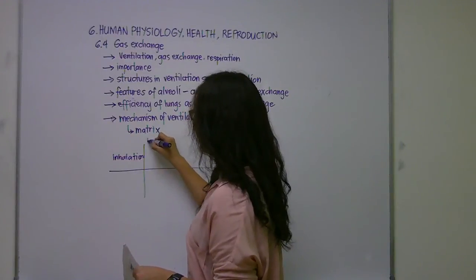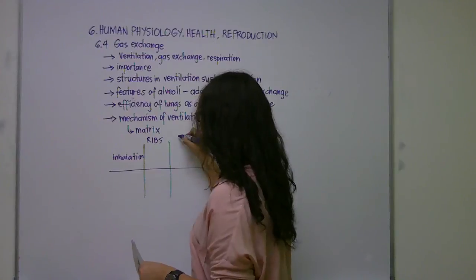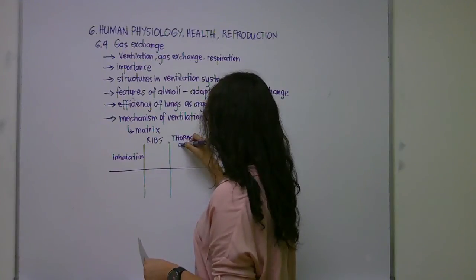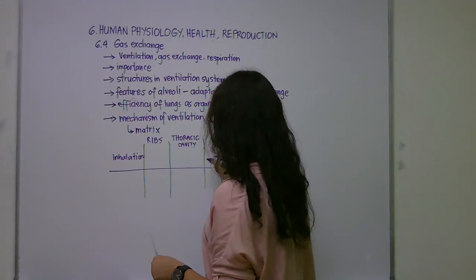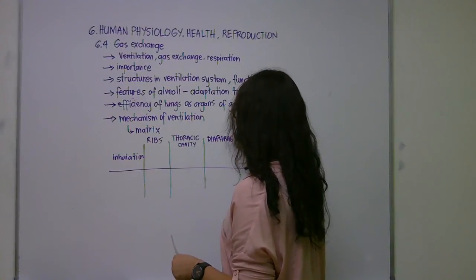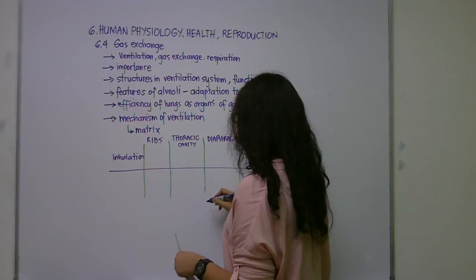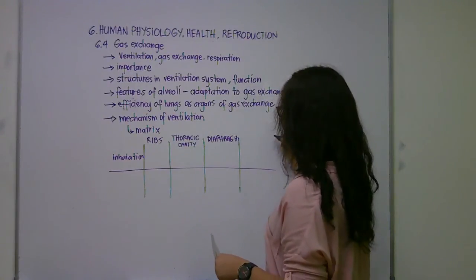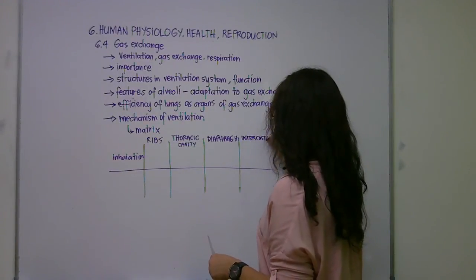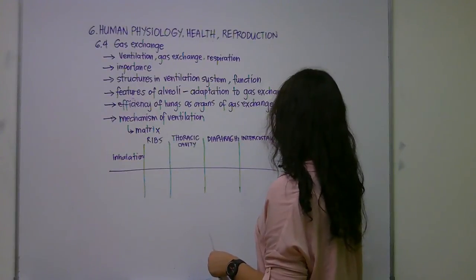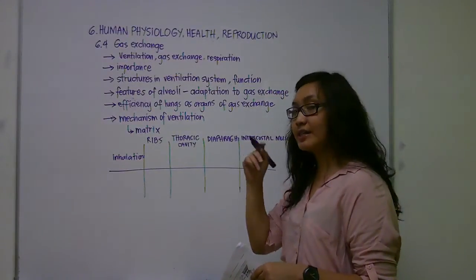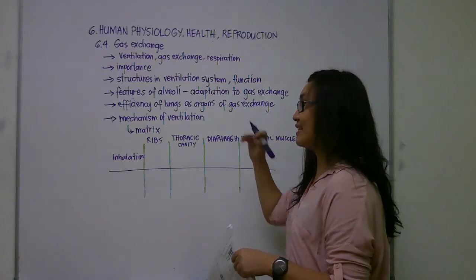what are the events that are happening in the ribs? What are the events that are happening in the thoracic cavity? Would the pressure increase or decrease? What are the events that are happening in the diaphragm? Would it relax or contract? What shape will it take? Okay, and of course, what would happen to the intercostal muscles? So once we have provided this matrix, the students would be able to easily understand what is happening in the